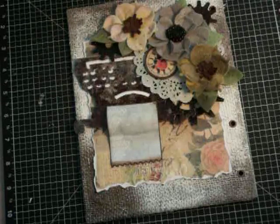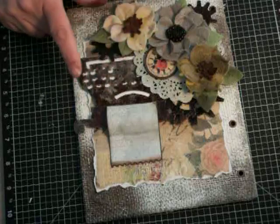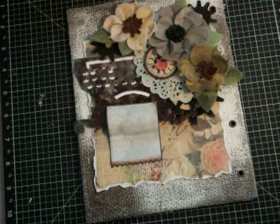Today's video is going to be the construction of my cover front. Off camera, I have figured out placement of how I want things to go, and I will share how I created the typewriter and the gears in a separate video. What I've started with was